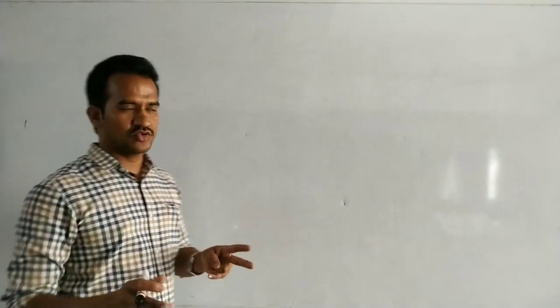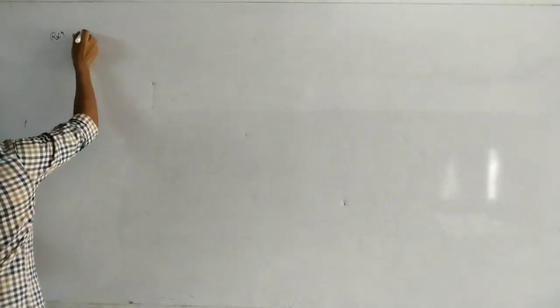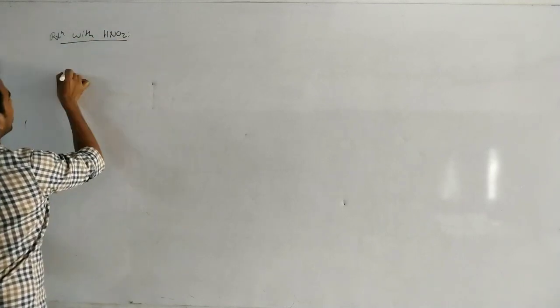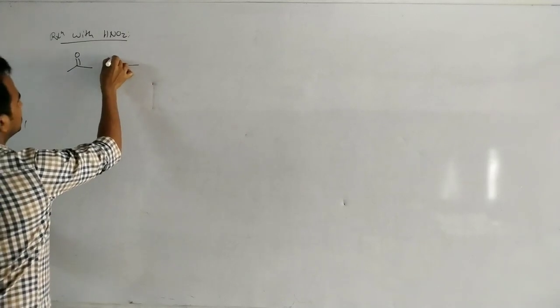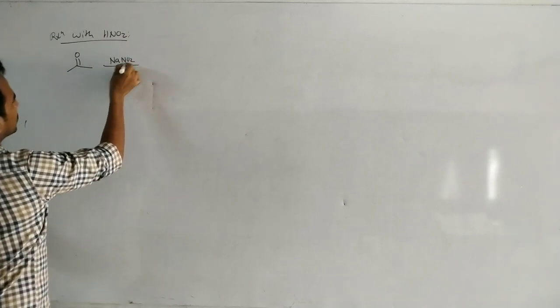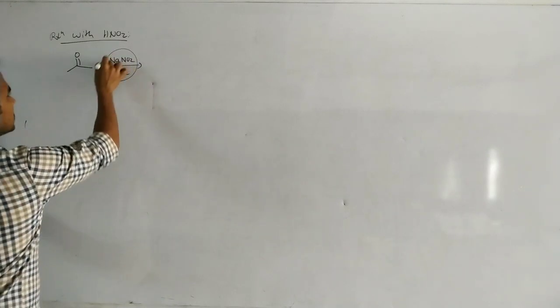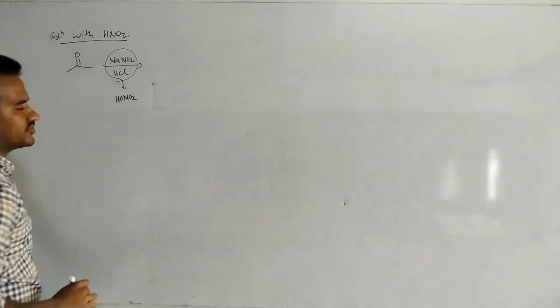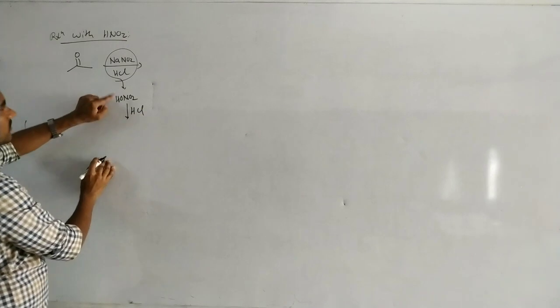Okay, next, some more reactions. Reaction with HNO2. Here, see this ketone compound on reaction with NaNO2 and excess HCl, which produces HNO2. In the presence of the acid medium,